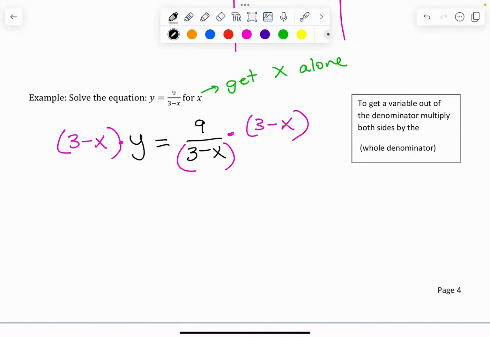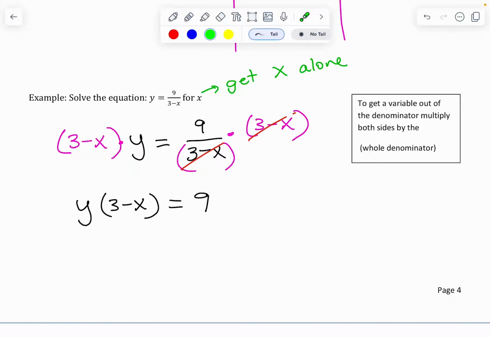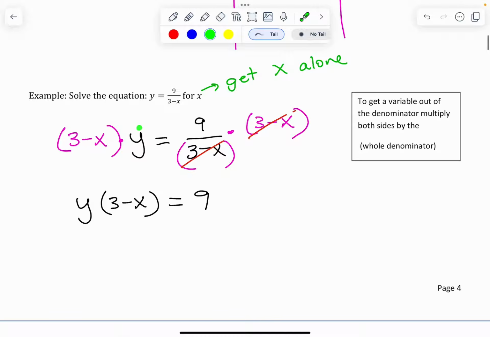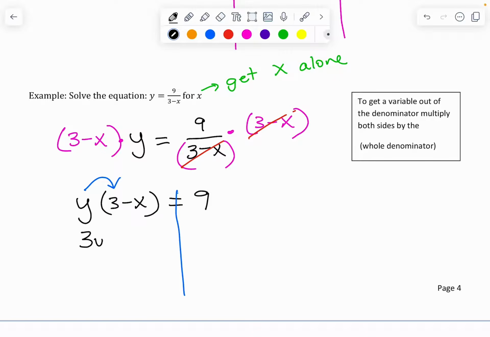Now, I'm going to write this step again. I like to put the y in front, and on the right, 3 minus x and 3 minus x cancel, and we're just left with 9. So when we put this y in front, it's really clear for us to see that we need to distribute. Sometimes when we write it in the back, we forget that it's being multiplied by everything in the parenthesis. So we have y times 3 is 3y, and y times negative x is negative